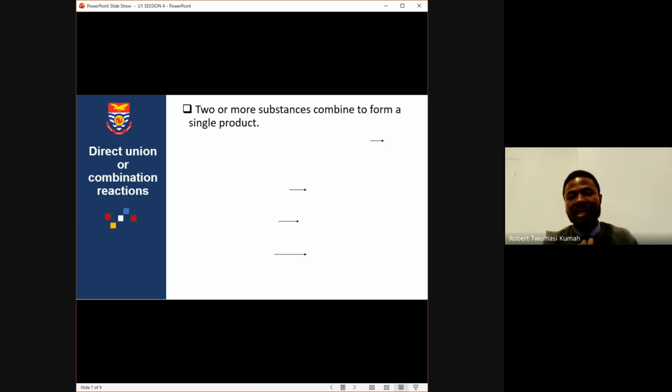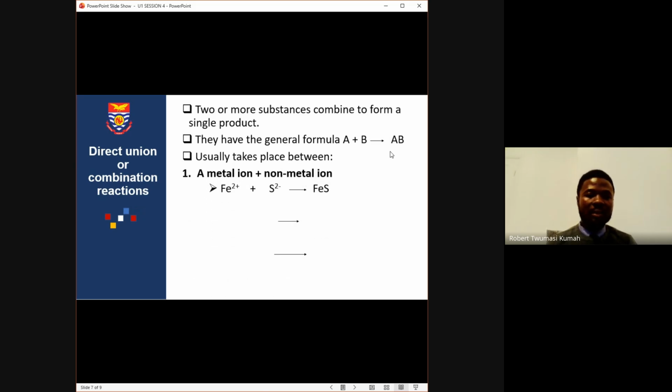With the combination, we have two or more substances combining, but they are going to form a single product. Even if there are 5 or 6 compounds coming together, we are going to form a single product. So it can be A plus B giving us AB, or A plus B plus C giving us ABC. So they have the general formula A plus B going into AB, and usually takes place between a